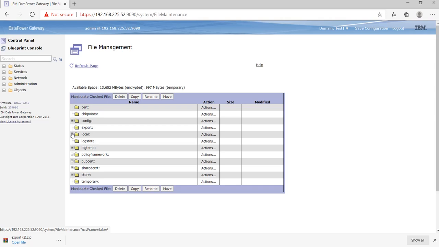So as per your requirements, you can export and import a domain, services, objects, like if you want to export the front side handler only, or export or import your crypto profile, or your multi-protocol gateway. It depends upon your use cases and scenario, which kind of object, service, or domain you need to export and import.